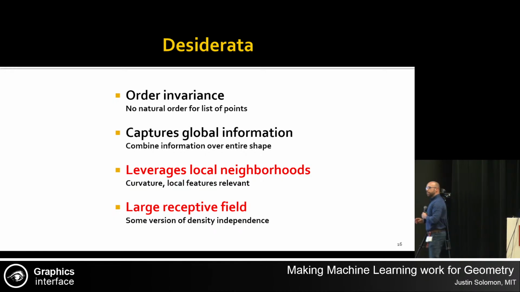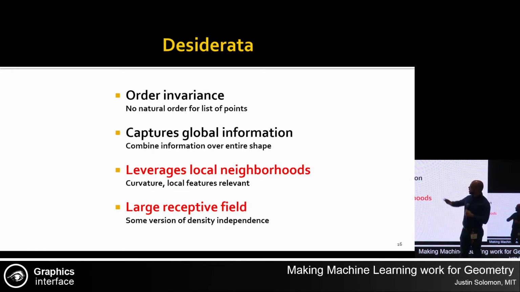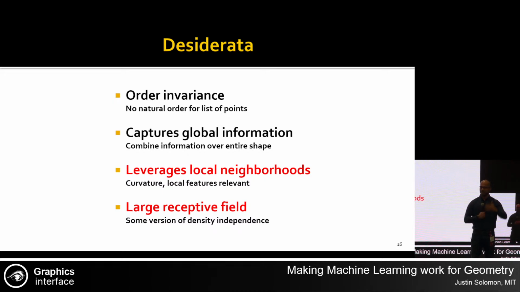Now, PointNet does satisfy some properties that are maybe different from the typical convolutional neural network. It's order invariant. I can shuffle my list of points and inference doesn't change. These days, that sounds obvious, but actually the early point cloud networks didn't have this property. It can capture global information about your object quite easily, but capturing local neighborhood or local information is quite difficult in this architecture, or even having medium scale neighborhoods, right? Like separating the back of your chair from the seat or something like that.